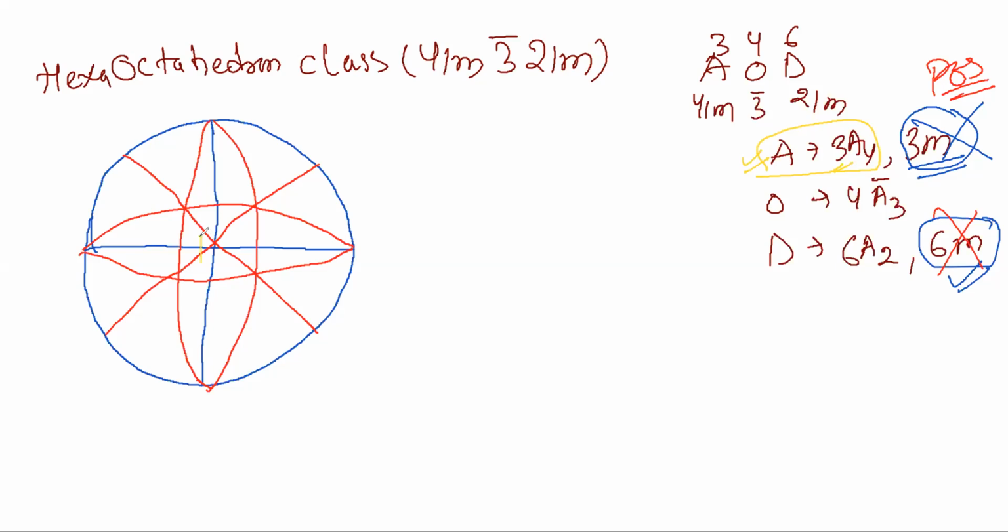We have drawn one symmetry here. 4-fold symmetry, if you remember, I told you that we have to draw the square or either a rectangle. That's all up to you which one you draw. One we have drawn. So how many left? 2 more left. So I'm going to draw one more.